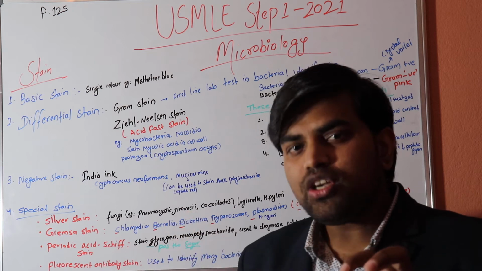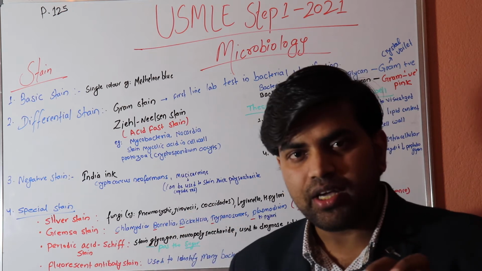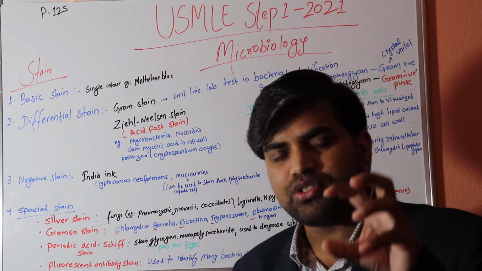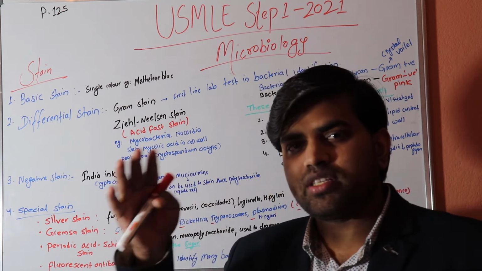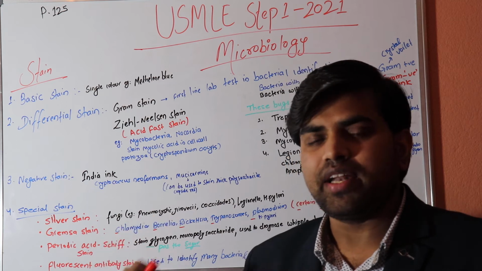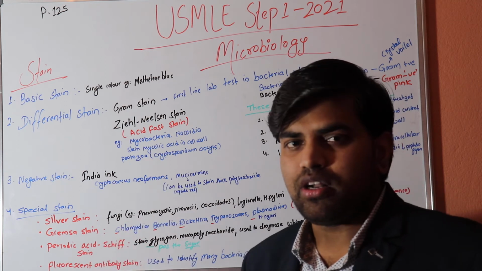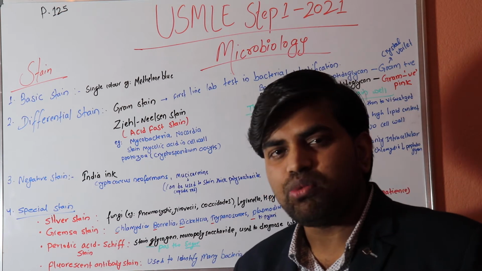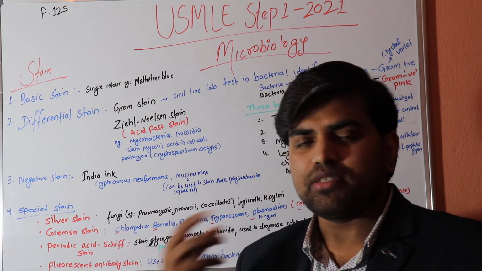Now take the last counter stain color, that is the pink color. In this way, at the end of the procedure we find that the gram positive is holding the crystal violet, whereas the gram negative loses its crystal violet and at the last it gets the pink color. So at the end of the gram stain, you find one group of organisms having the crystal violet color, and another group of organisms that is pink in color.